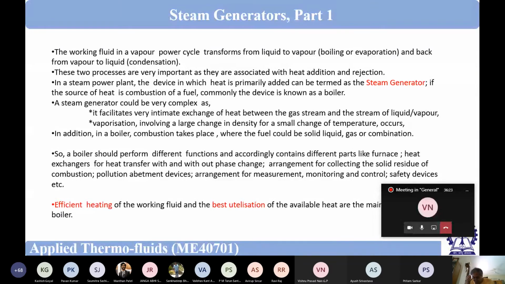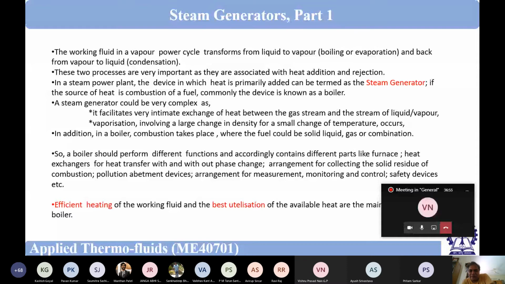That there could be some very large damage, loss of property, loss of human life. And in the initial age of the boiler, there were many accidents, in all the countries. Boilers were developed in European countries, in Western countries, and there were a lot of accidents. And that's why boiler codes have been developed.